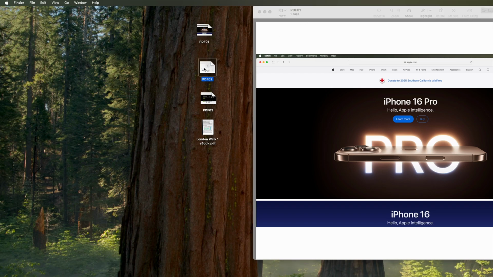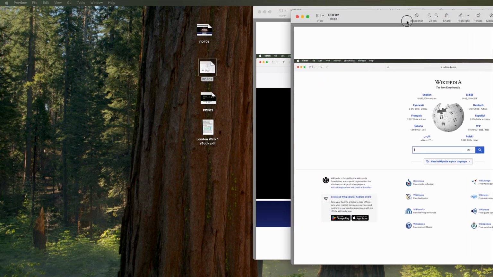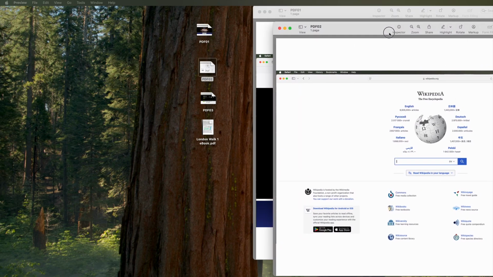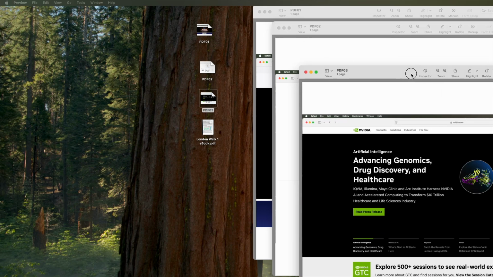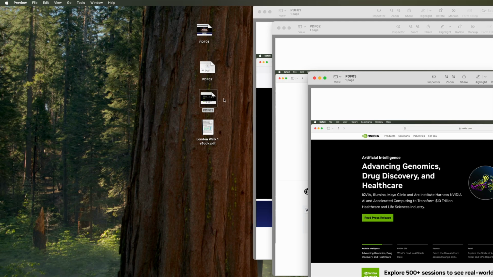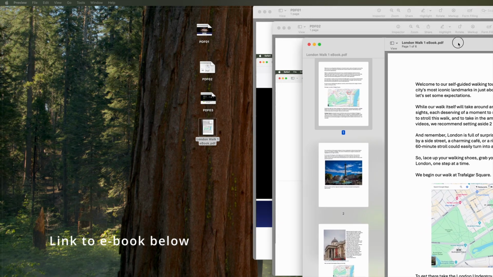And that's a single-page capture of an Apple screen. And this is a Wikipedia screen, a capture. Again, it's a one-page document. And PDF 03, which is also a one-page document. Now, when we look at London Walk 1, an ebook, and we have the author's permission to use this, we